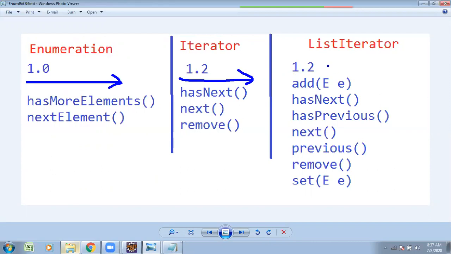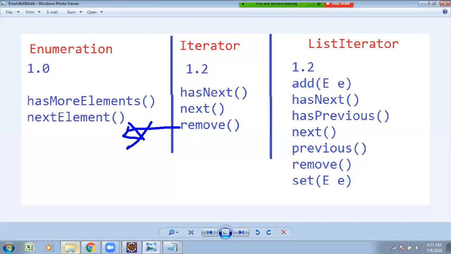Iterator supports only forward direction. But ListIterator supports bidirectional. Enumeration 1.0 version only retrieves the data in forward direction. For iterator, retrieving is possible. What is not possible? Removing is not possible with enumeration; only getting the data is possible.